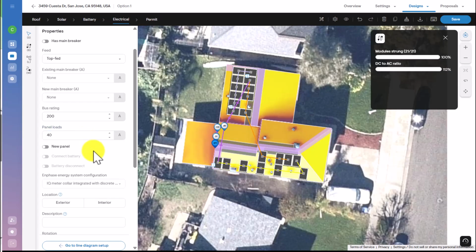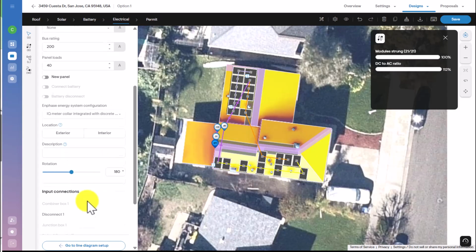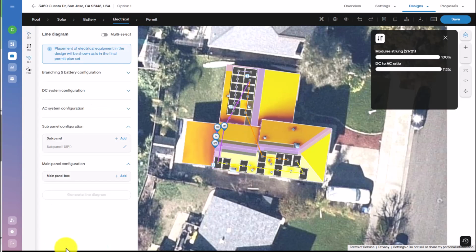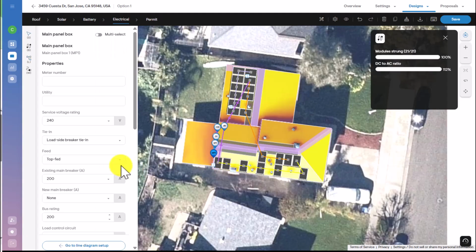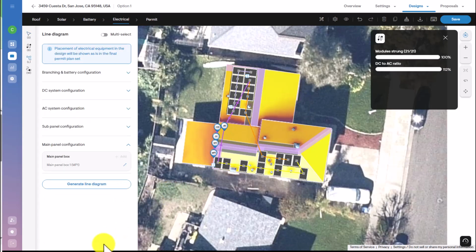Next, configure the meter setup. If the system uses a meter main combo, internal meter will already be toggled on. From there, choose whether the system uses a meter collar behind the utility meter or a meter collar in a discrete meter pan, depending on utility approval. Once everything is configured, return to the line diagram section and generate the